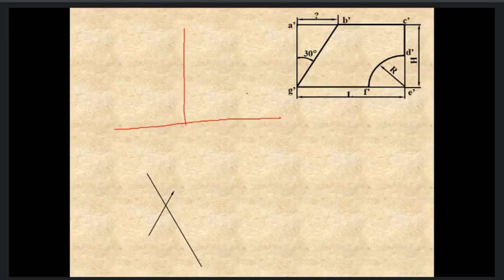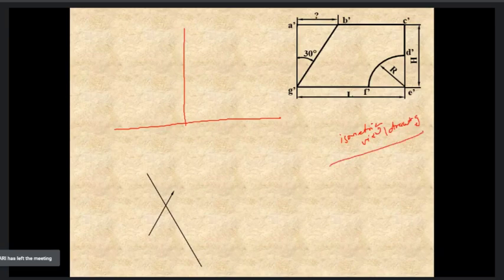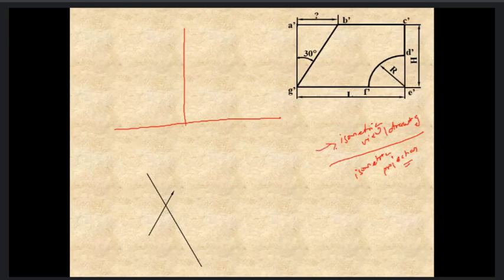Remember one more thing I want to tell you. We have two types of problems. One is the isometric view or isometric drawing, and another is isometric projection. Today I will show you the differences between these two. But still what we are making is the drawing that is known as the isometric view or isometric drawing. Actually, what is the basic difference between these two?